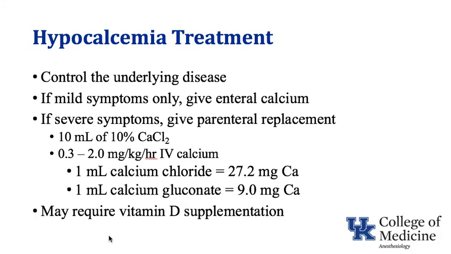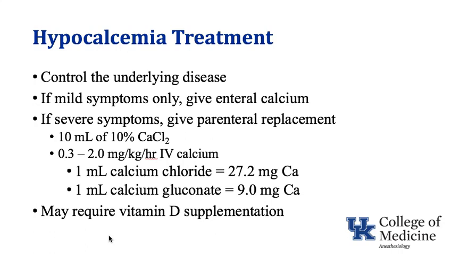Hypocalcemia is treated first by controlling the underlying disease. Second, if the patient has mild symptoms only, the patient is typically given enteral calcium. If the patient has severe symptoms, typically the calcium is replaced parenterally, usually either through 10 cc's of a 10%